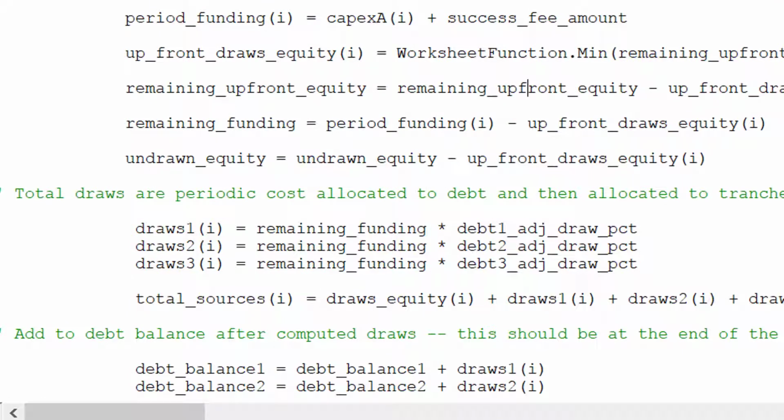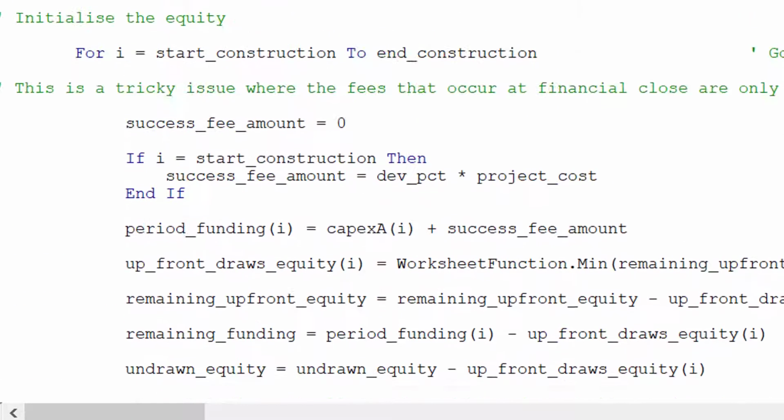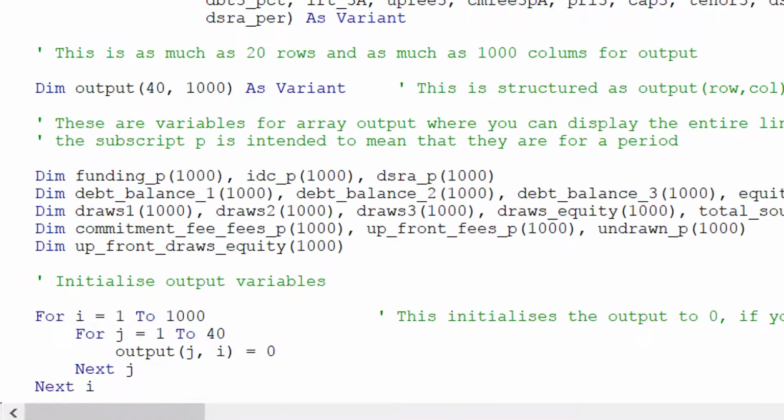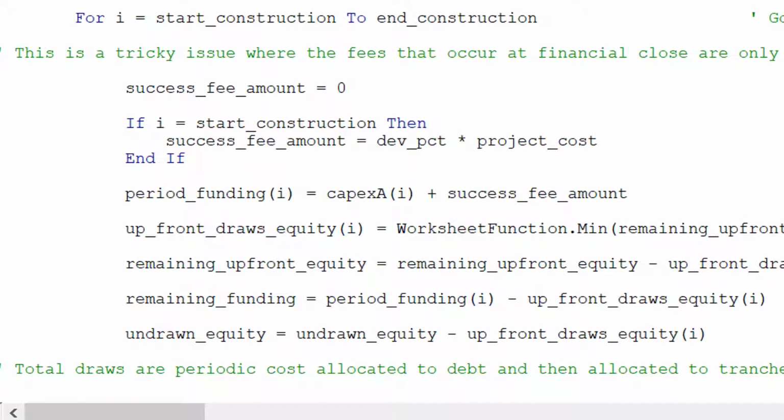Okay, where am I? EQ. Okay. Sorry about this. EQ up percent. Okay, and then